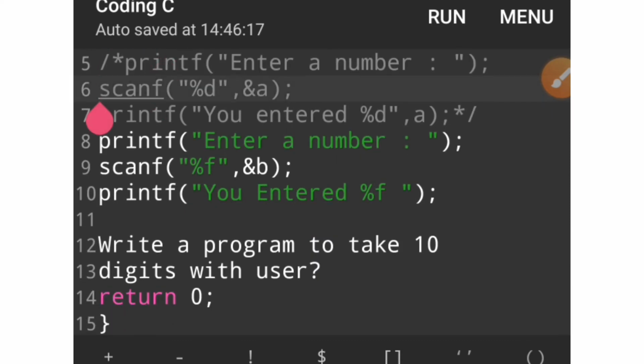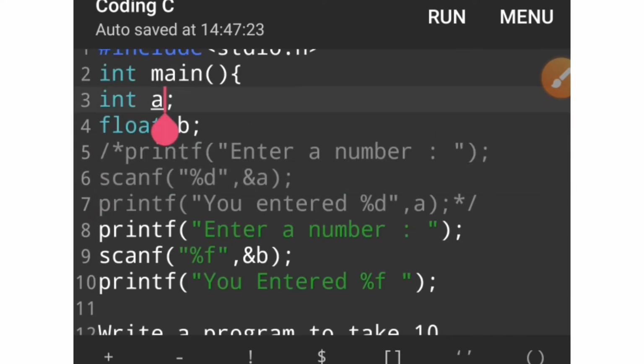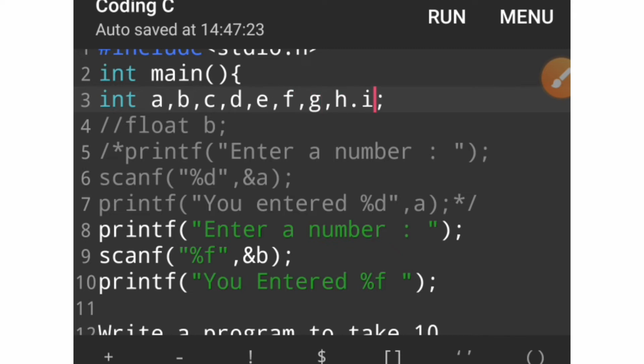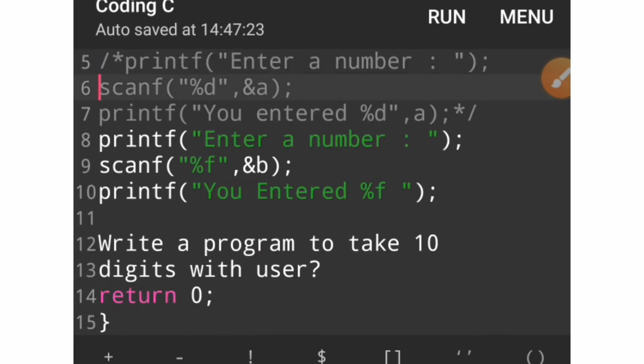For example, if you want to take 10 integer values, you declare 10 variables: integer a, integer b, integer c. First of all, we comment: float b, integer b, integer c, integer d, e, f, g, h, i, j, 10 integers, and then you print. First of all, this time we print percentage a, and